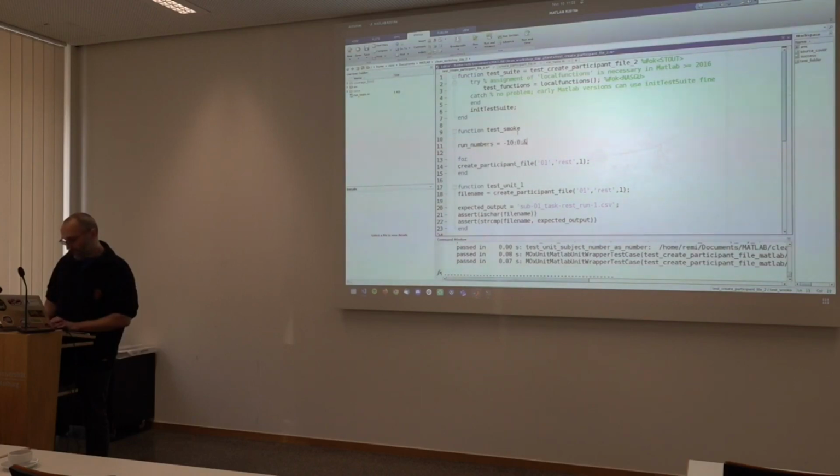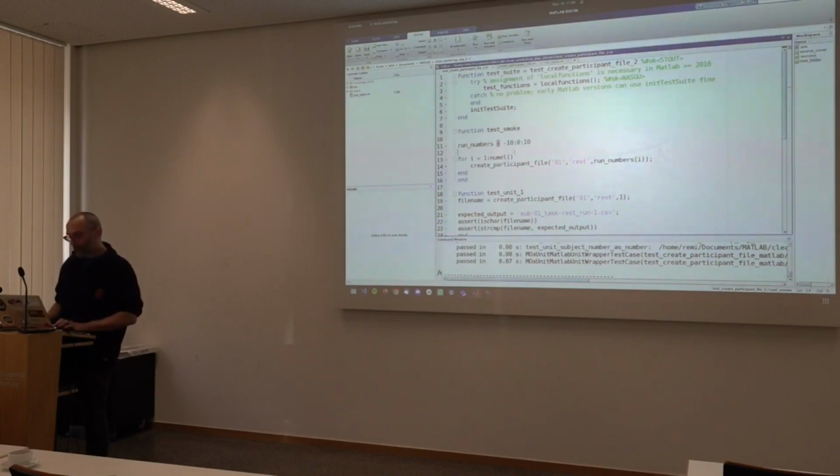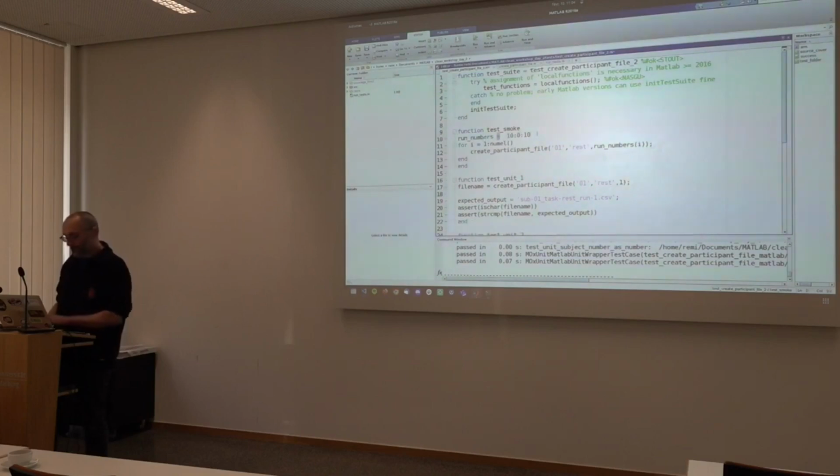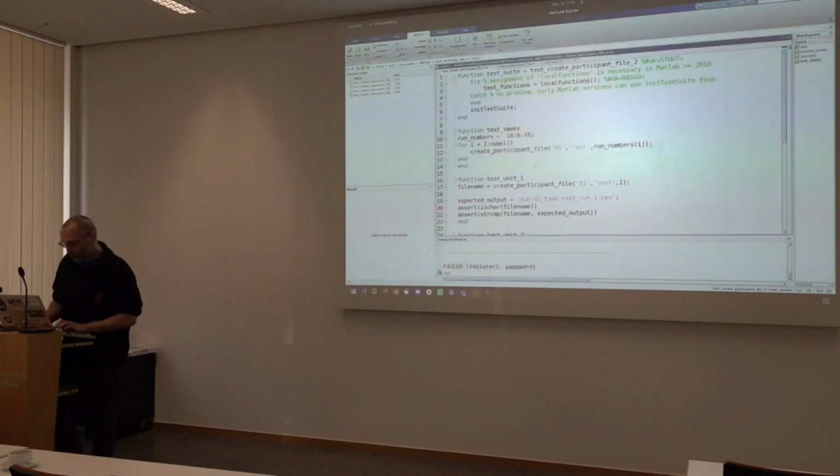Okay, here it's a bit of a silly example because we're just creating a string from that. I equals 1 to the number of values, and then you test run number I, right? So you can start having loops and stuff to create a whole series of tests rather than writing a bazillion unit tests, and then you can make sure that this thing still works, right?